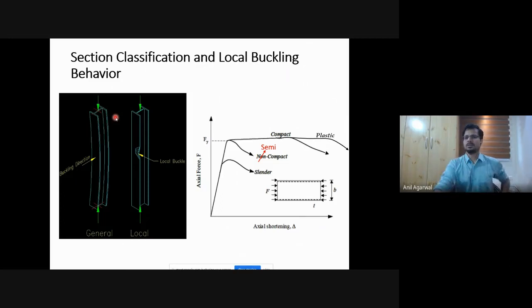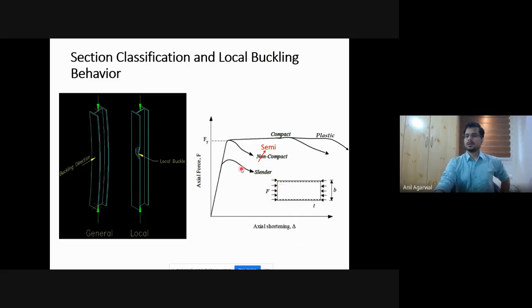That means, if I take a member like this and I apply compressive force, or rather if I take this plate and there are some boundary conditions, so these two edges represent some boundary conditions. I'm not giving more details on these boundary conditions. This is a generic plot, not an exact plot. So if you had a plate and you apply uniform compression on it, with whatever boundary conditions, you can assume this to be fixed, this to be free, or fixed-fixed, then at some point this plate will buckle. And this plate could be your web, or it could be the half flange or something.